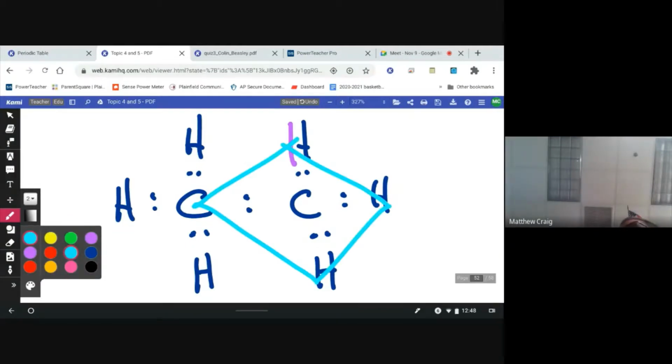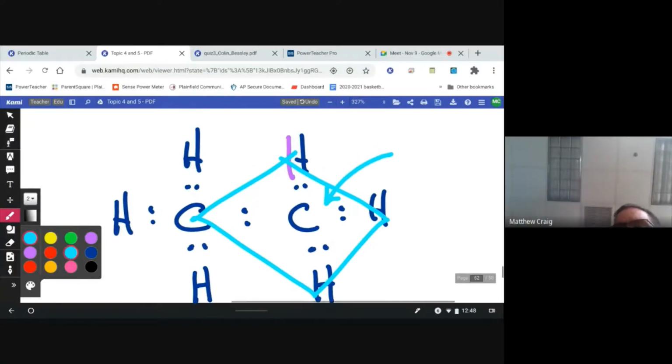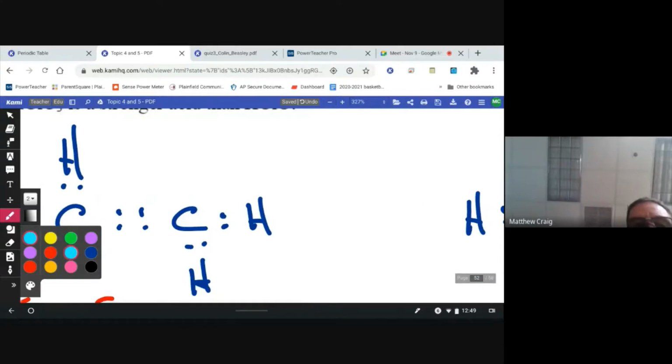the geometry around the right carbon, if you want to say that, or the left carbon, or each carbon, is a tetrahedral shape, which has what kind of hybridization? SP3. So if you want to just say that it has sp3 hybridization, that too is nice. Whereas both carbons here have sp2